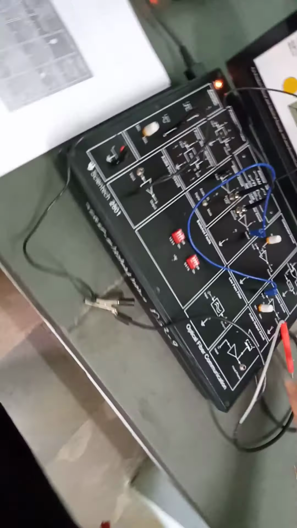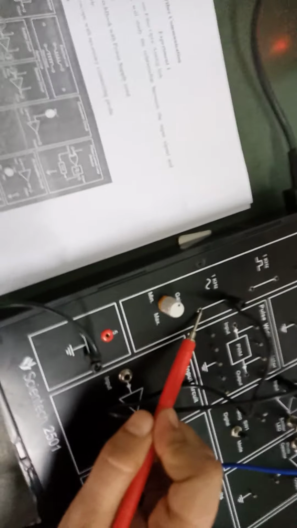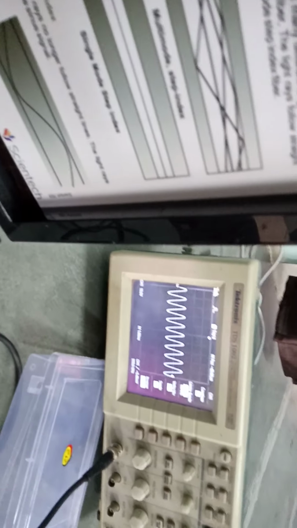I'll show you one more time. Last time I'll show you, whatever input I am giving, that input I am getting as an output. So these signals are analog signals. So see, last time I am showing you. This is our analog signal which I am getting in those DSOs. So this is our input signal. See, in the output section what we will see.